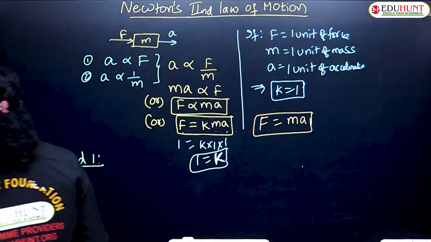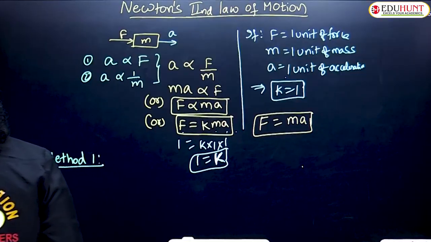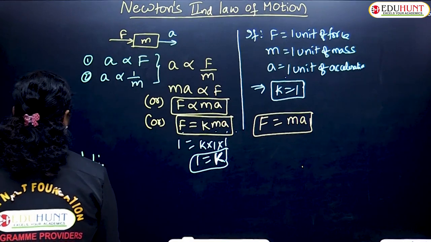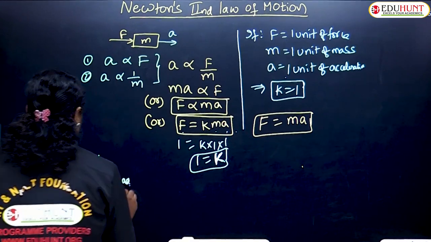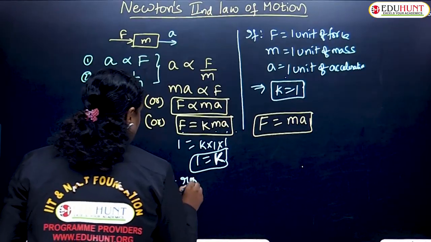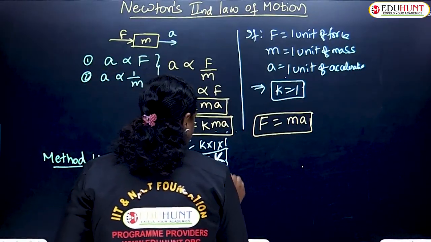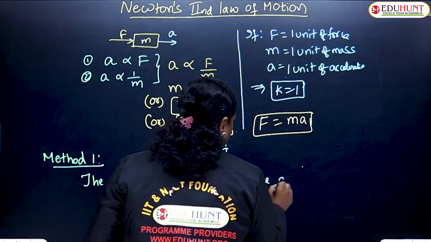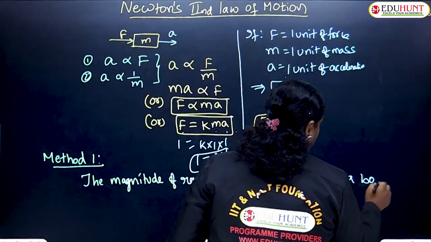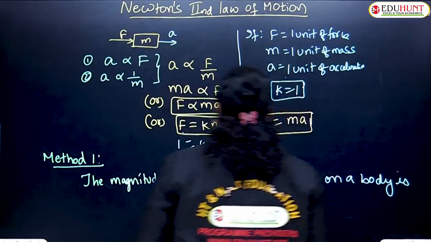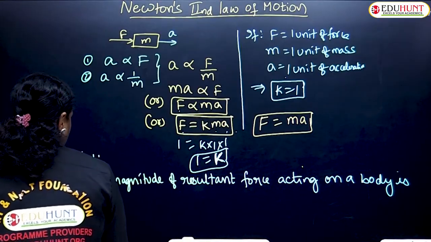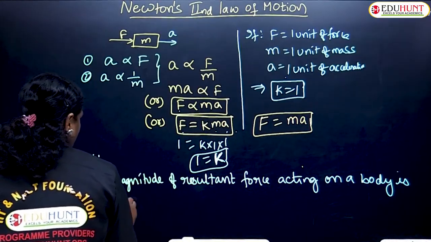Newton's second law of motion in the first one: the magnitude of the resultant force acting on a body is directly proportional to